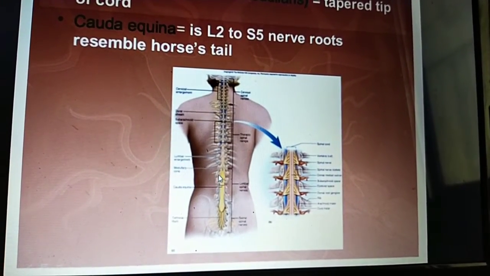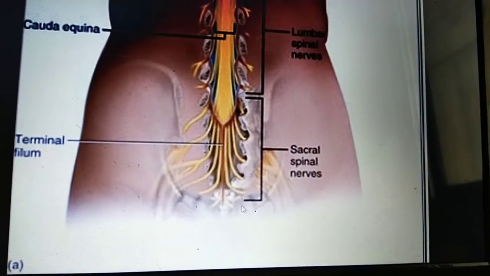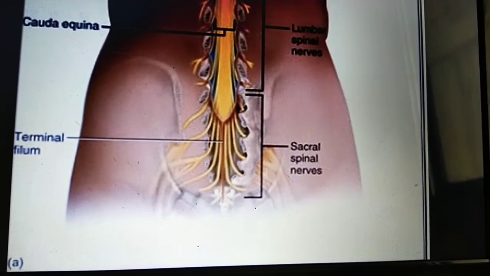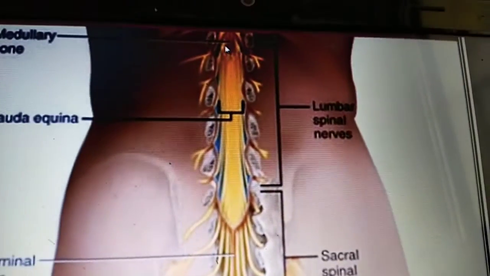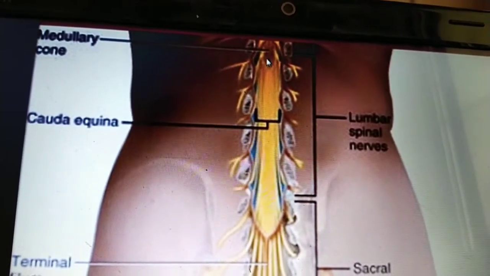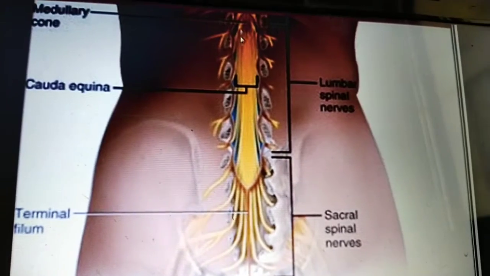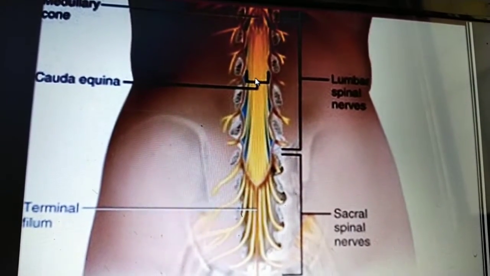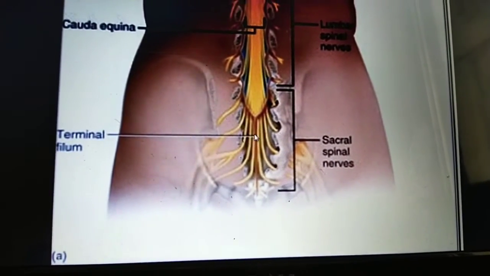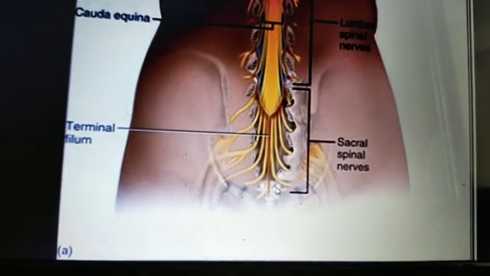and this is the medullaris. This is the medullary cone, the tapered end of the spinal cord. Here in this picture you can see the tapered end of the spinal cord, it is called the medullary cone. And there are nerve fibers that look like a horse tail, that's why it is called the cauda equina. And these are some fiber-like structures of neurons, nerves, that are called the terminal filum.